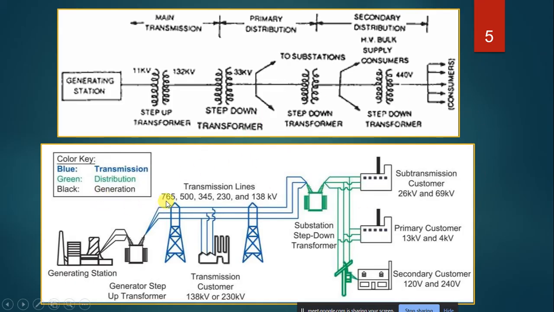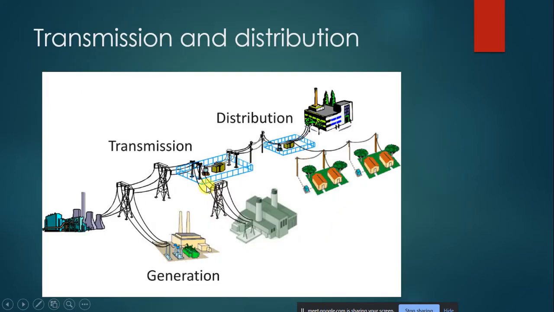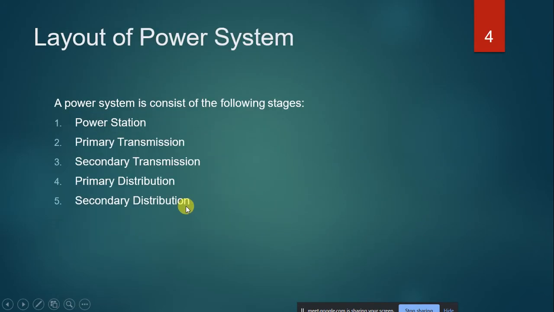So let us have a discussion about the bottom diagram. You have a generating station, and you have to make the diagram in this fashion only. You should not make it the way it was discussed in the previous case, like this or this. This is not a suitable diagram. Whenever the power system layout is asked, we have to discuss in this fashion.